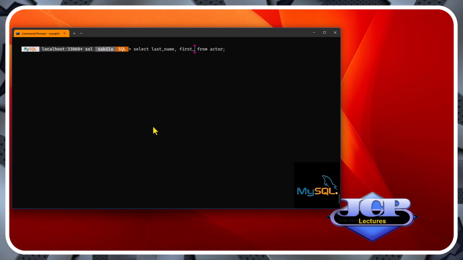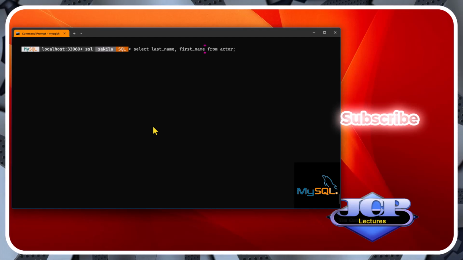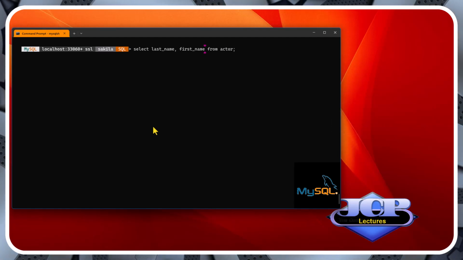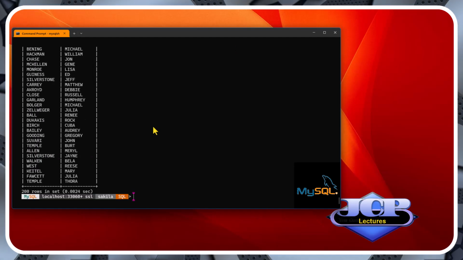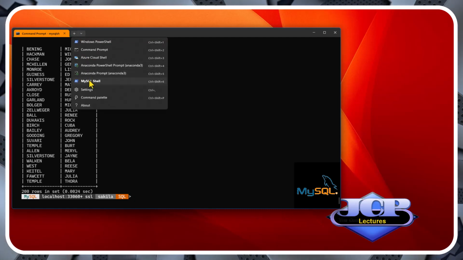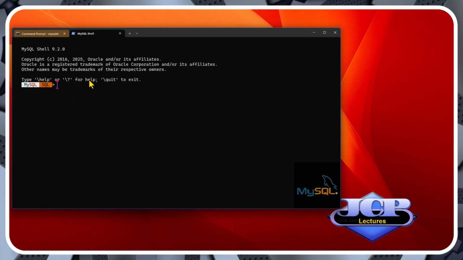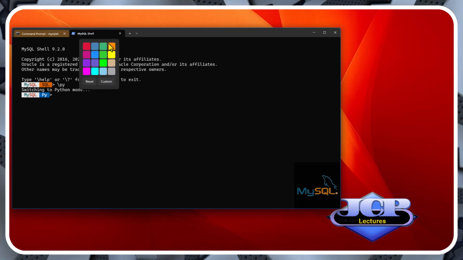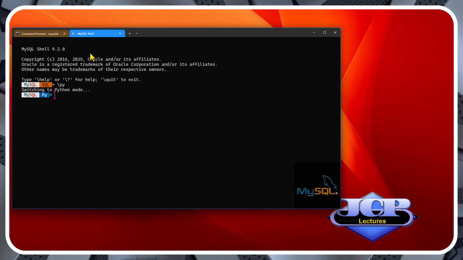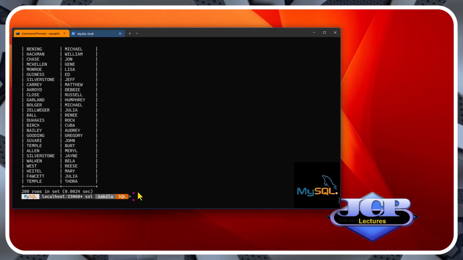Also, we can choose just 2 columns with a query to have a variant. And quit with \quit.